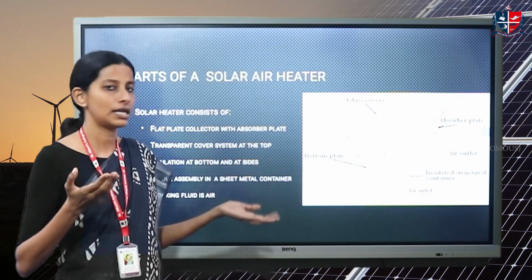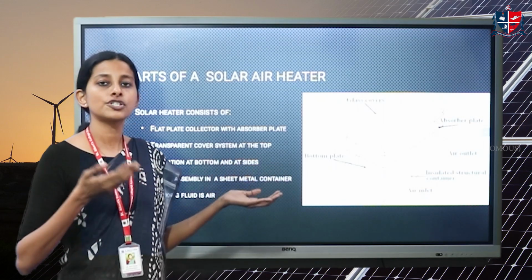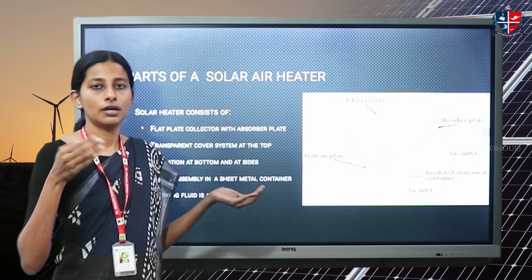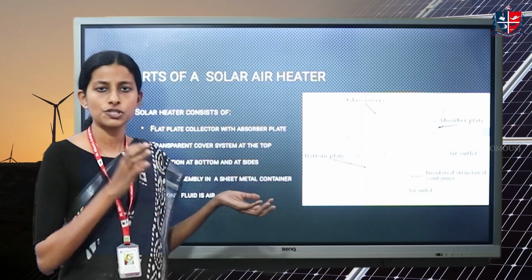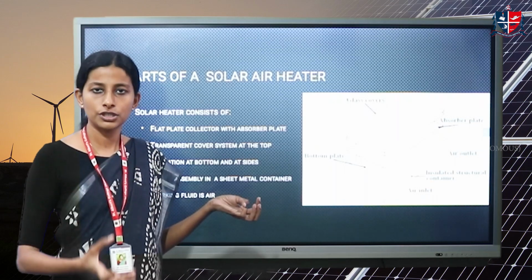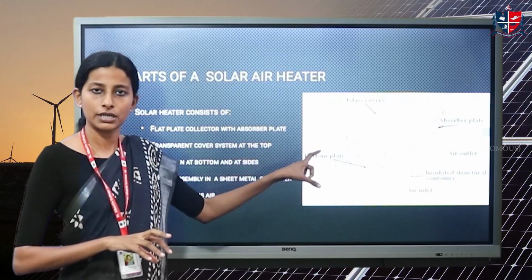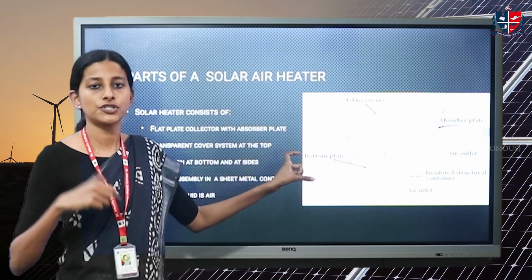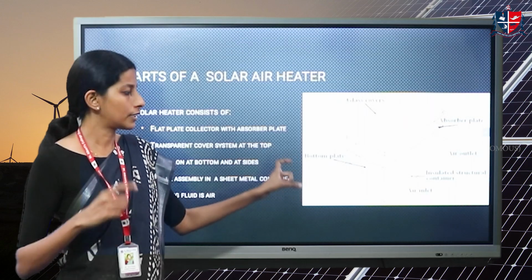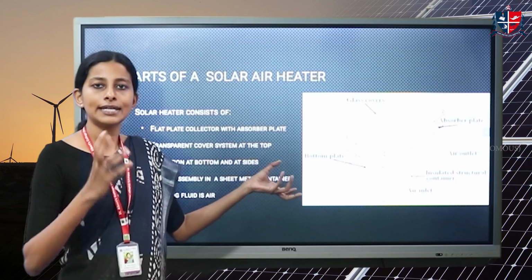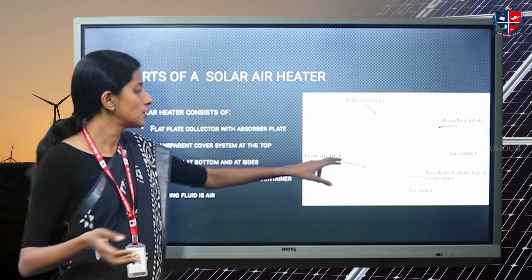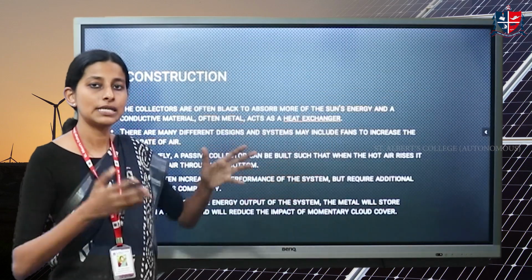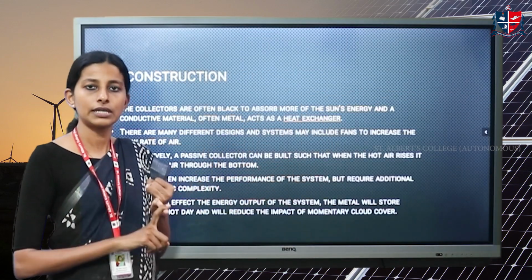So there's a balance. You need to focus on which points matter more to get the better output. In some cases, cost might be an issue and you need to regulate the cost. In such cases, you will go for passive heating. There may be scenarios where efficiency is given more importance. You are ready to spend much, and you get much efficiency, but the cost will be on the heavier side. So that is how there are two types on the basis of air circulation, passive and active.